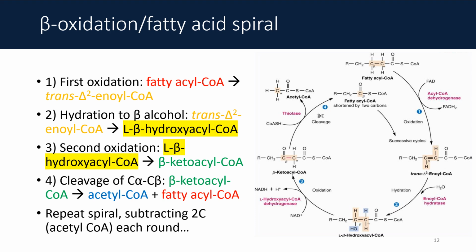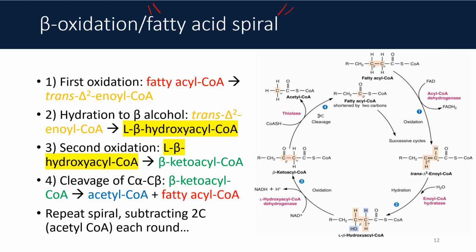Okay, fair warning, the next few minutes are going to be a little bit of a doozy, but in my opinion, I think learning about beta oxidation is well worth the effort. We sometimes call the process of beta oxidation the fatty acid spiral because it is going to represent a series of reactions that repeat cyclically, kind of like the Krebs cycle, but unlike the Krebs cycle, they won't go on forever. We are eventually going to spiral out and run out of substrates, and that will become apparent in a few